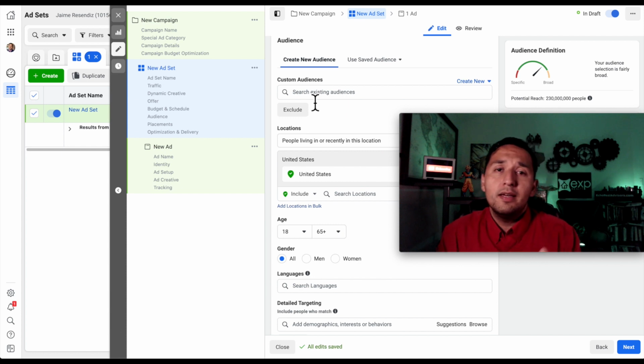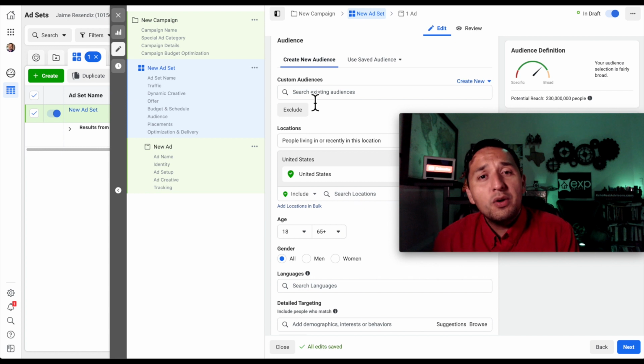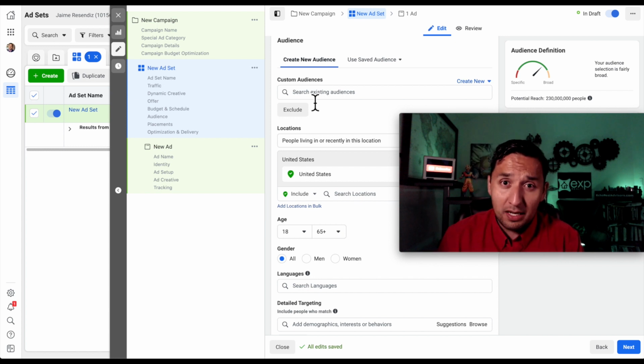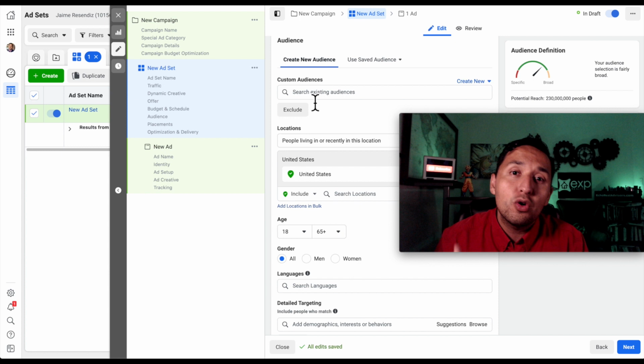Alright, so with the sidebar that I was mentioning, we were talking about the lookalike audience. If you're advertising in the special ad category, again, credit, employment, housing, and political ads, if you're advertising there, you cannot use a lookalike audience. You're not able to use that. You have to use what's called a special ad